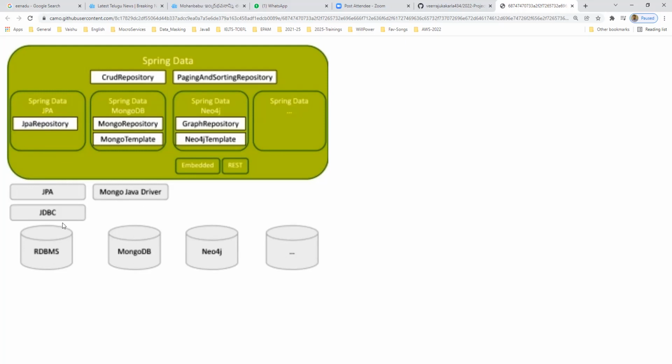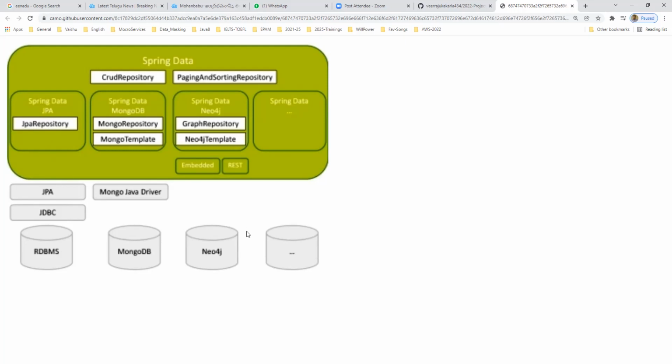Why? Because RDBMS is one kind of structured database. RDBMS, Relational Database Management System. It is one kind of structure. What is the structure? We have tables, we have columns and rows, right? The columns and rows together make a table. A group of tables comes under one schema. The schema is nothing but the database, right? Each and every database in a JDBC or RDBMS system follows that kind of structure. So that is the reason one repository will handle all kinds of databases.